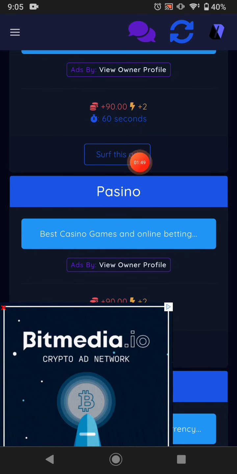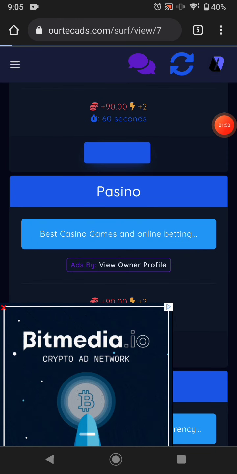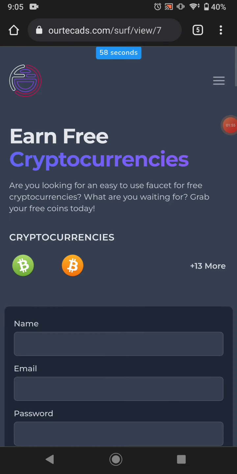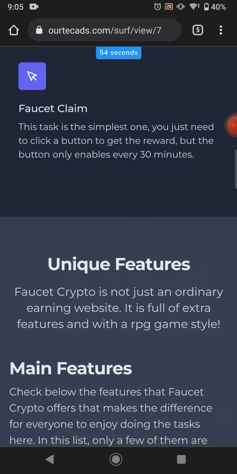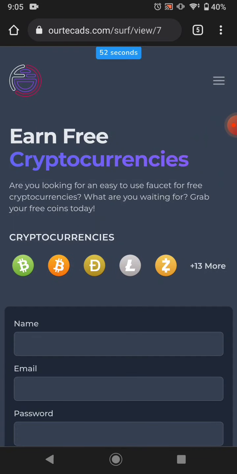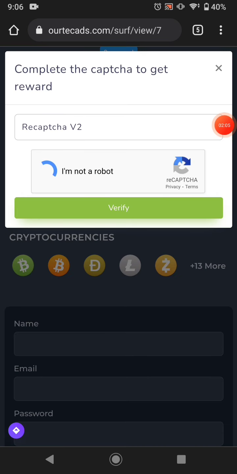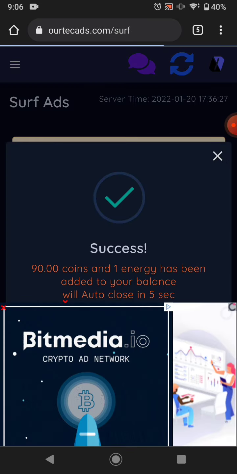You can just surf ads, click surfing ads, and you can visit the advertisement for 60 seconds. If I watch this advertisement, it will pay me my coin and my energy too. And just solve this letter captcha and click verify. You can easily make your coin from this website. Okay,